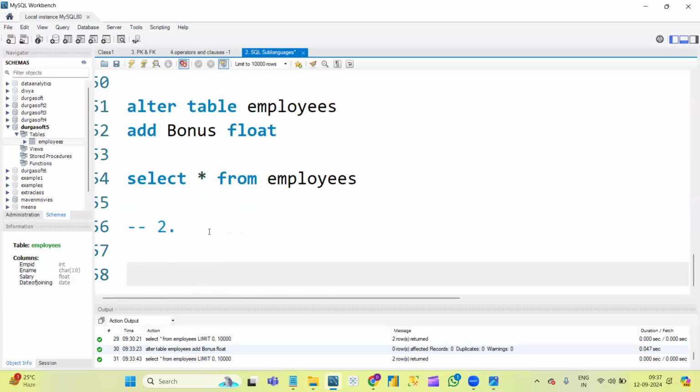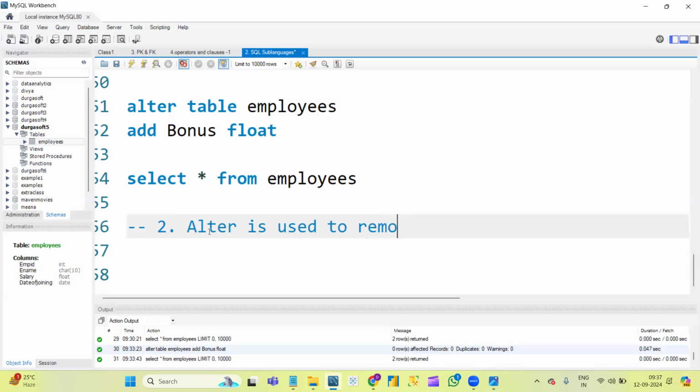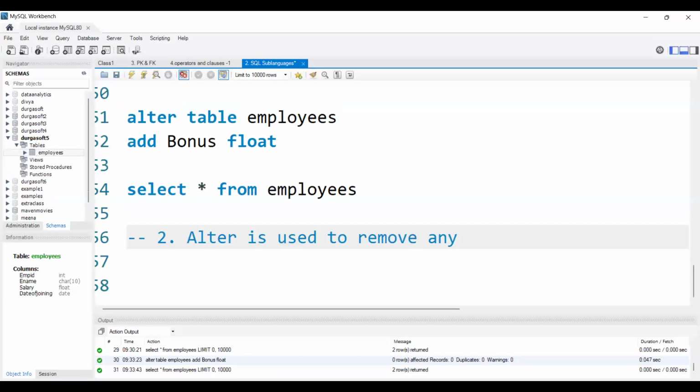In the same way, the second use case is, if we want to remove any column from the existing table, basically to remove any column from an existing table.